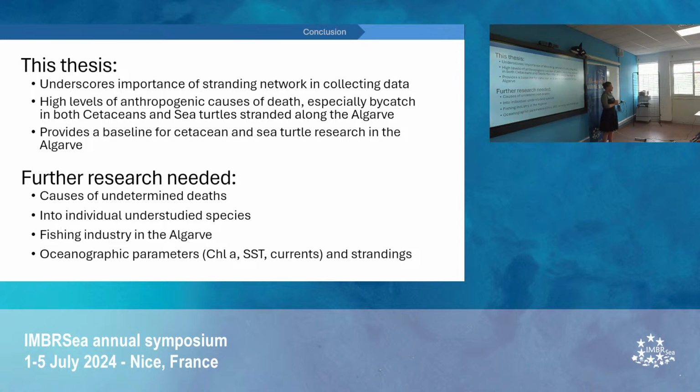You raise an interesting line of research, possibly including oceanographers and modelers, because, for example, when somebody is lost at sea, the police call on physical oceanographers and modelers to look at the currents to see where the body could have showed up. Maybe here you could do the reverse, trace it back based on the age of the body and the currents, to see whether it was related to a particular fishery or something like that.